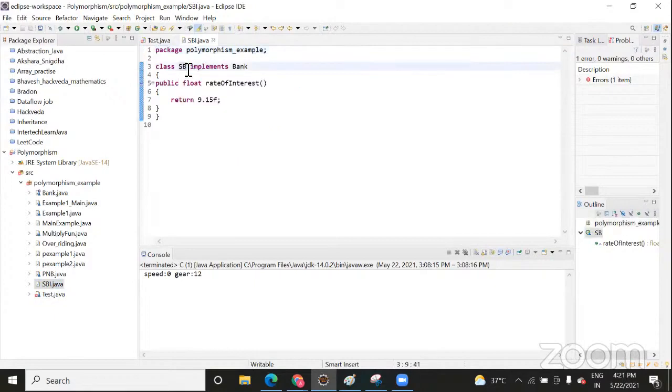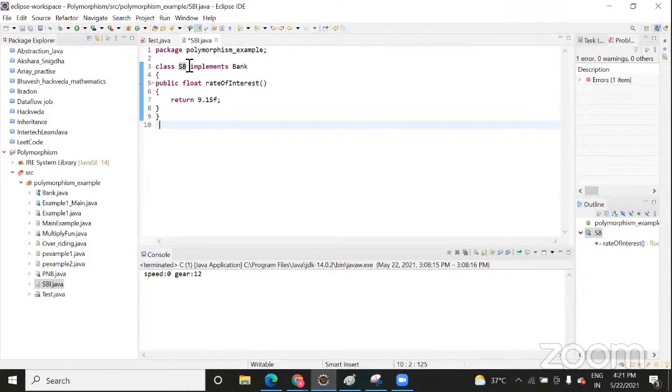Actually, on that day I was trying in the evening whether, if I change my class name or this file name, it impacts the code or not. When I changed this SB, it was not giving any error in the same file. In your system it is not giving error, but in my system it is giving error. Yeah, because you are using this SB in your code. That's why it was giving error.